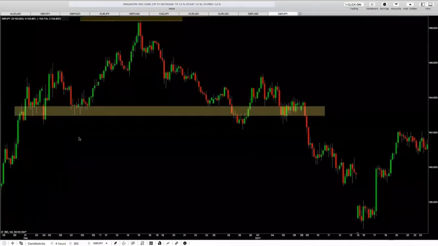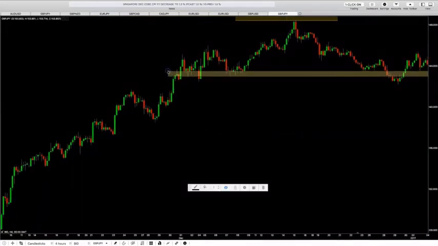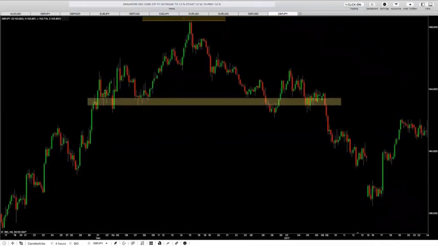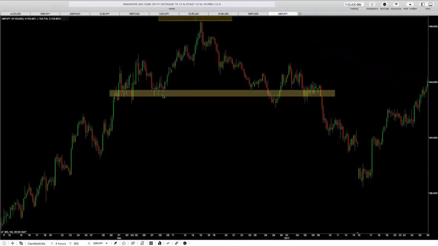So I'll get rid of this line. When I draw this from the body to the wick of the first support that the head and shoulders pattern created, this is giving me an entry zone in the market. Once it creates the left shoulder and completes it, pushes back up to the high and comes back down to the shoulder, you know that this is your entire entry zone here.